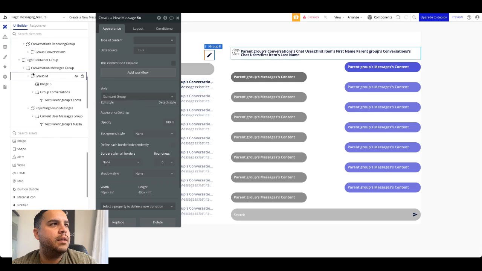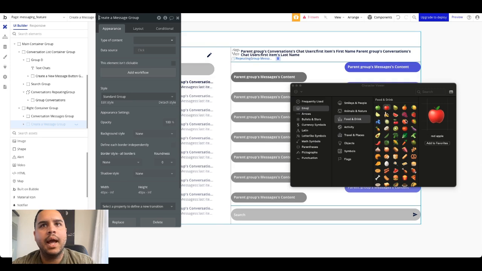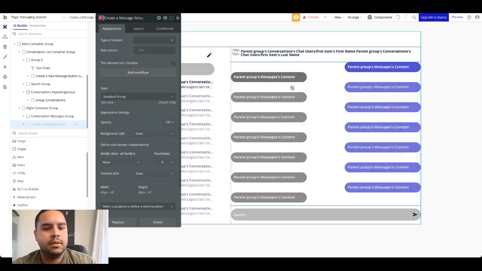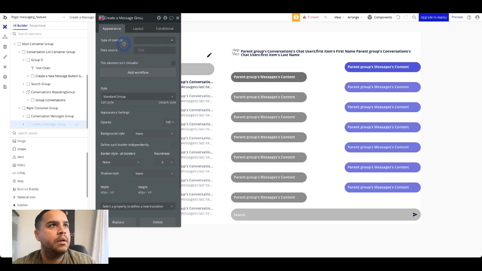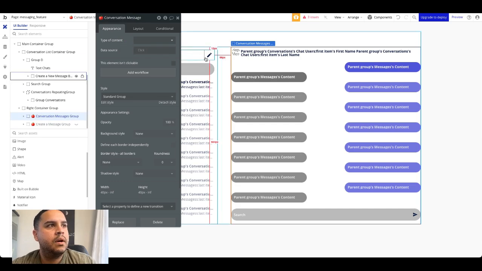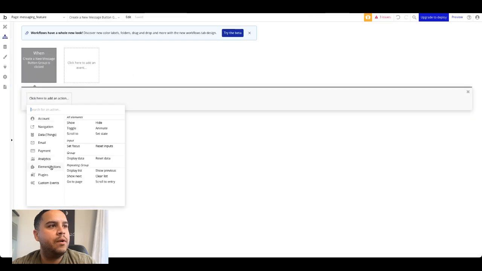Actually, before we do that, I want to do something here. So emojis that I can add there. So we're going to add apple. We're going to copy the apple. Let's get that out of the way. And the reason why is because it's easier to find later on. All right, we're going to add a workflow,